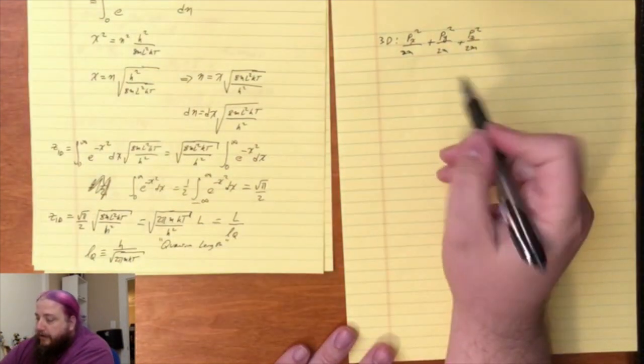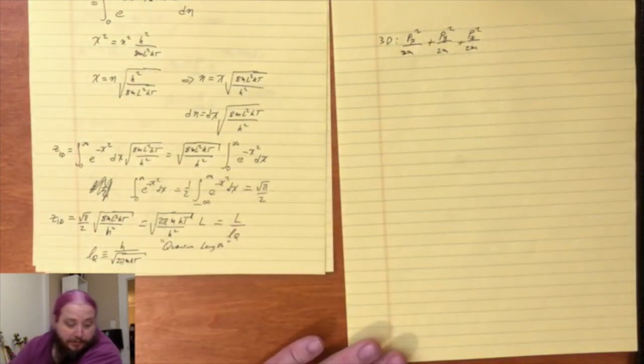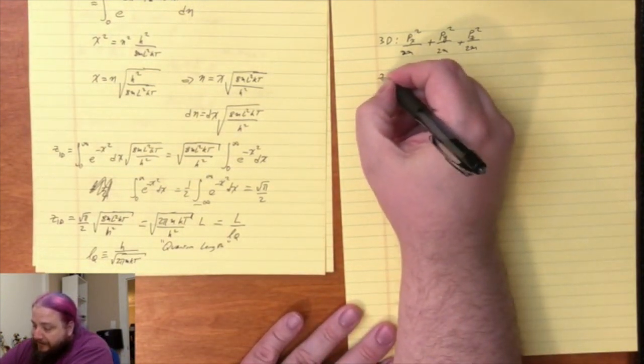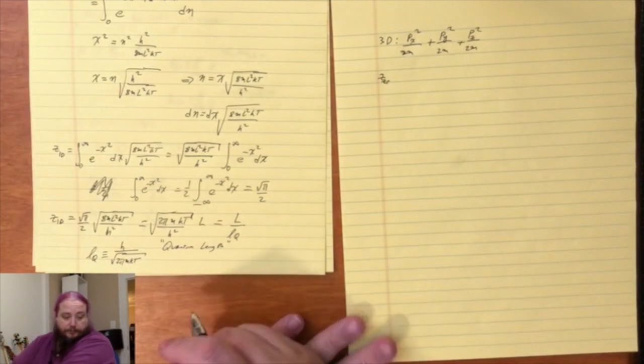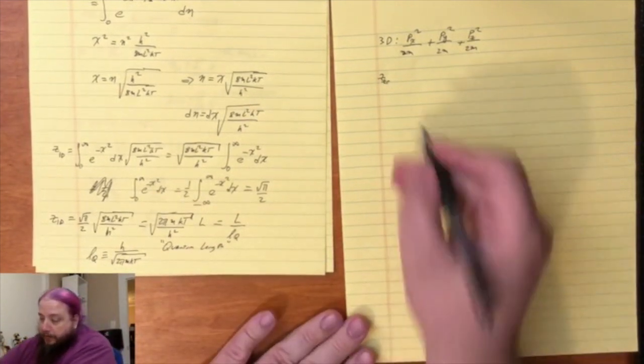So the energy associated with the x, y, and z components of momentum, which means that our translational partition function for a single particle here